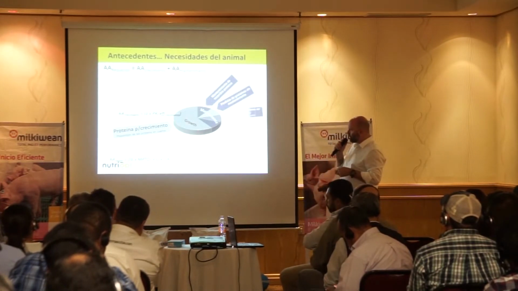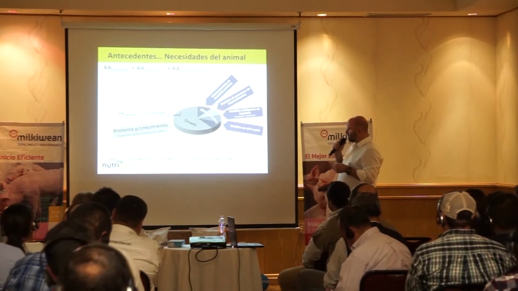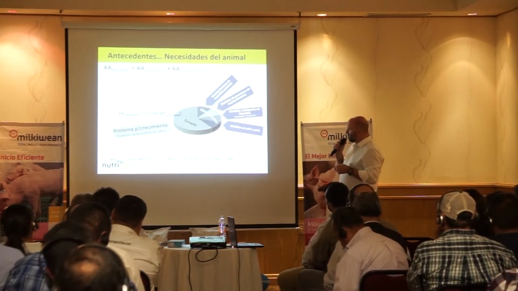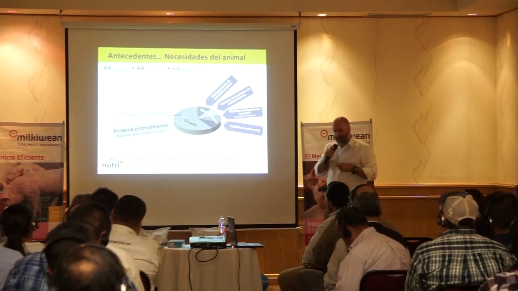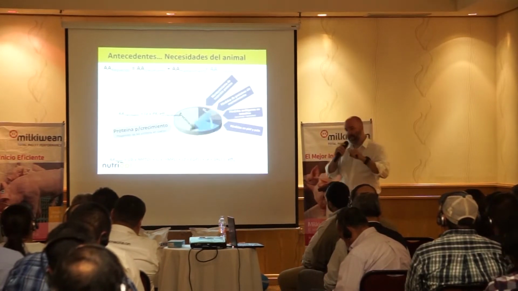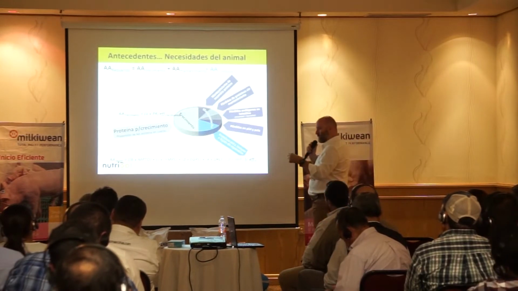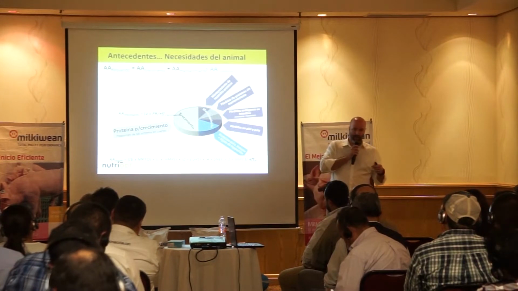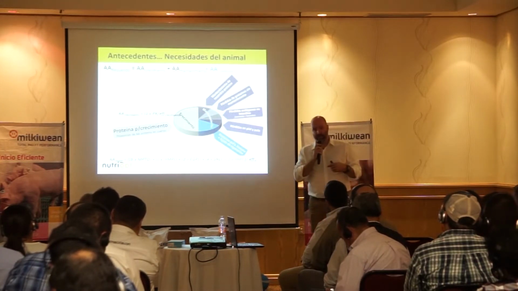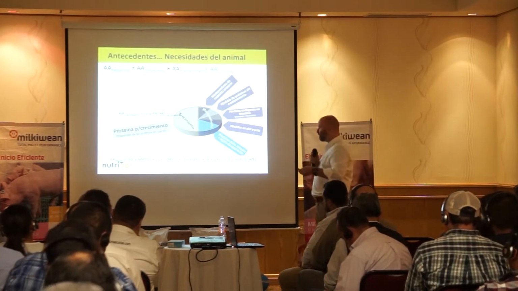We have the growth side, and then within the maintenance, we have maintenance protein, non-maintenance protein losses, endogenous losses in the intestine, skin and hair losses, and the final one, tying back into the health side of things, we look at the protein required to turn on the innate immune system. This looks at key immunoglobulins and other immune factors that have a high protein requirement to help fight health challenges in the pigs.